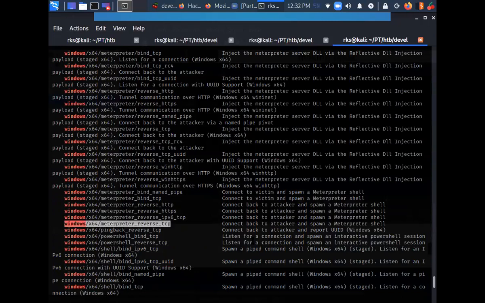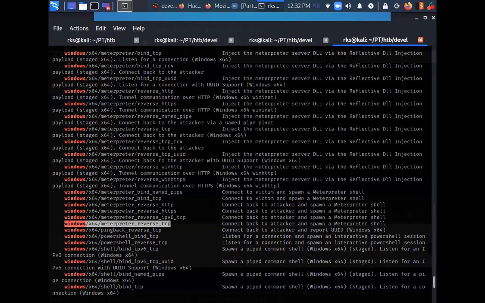So I'm going to use Meterpreter reverse TCP here. Now Meterpreter based payloads can only be caught back by the Metasploit MSF console multi-handler. I'll show you how you need to start the listener as well.